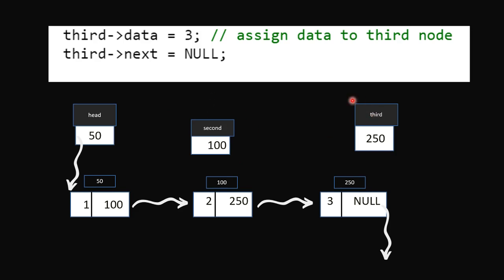So this is how you allocate the memory for the linked list and how you create a linked list using a C program. I hope you have understood it. If you have not understood it, then in the next video I will explain the code again to create a linked list, but by using a single pointer head only, and by using a for loop. We'll discuss the code part only, so that you can get a better understanding.